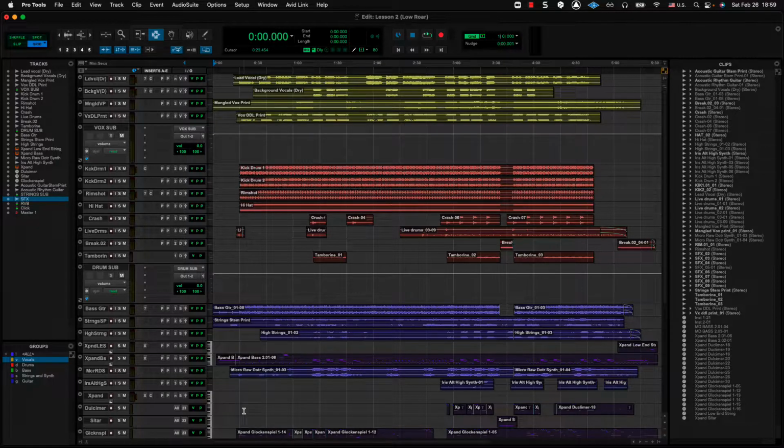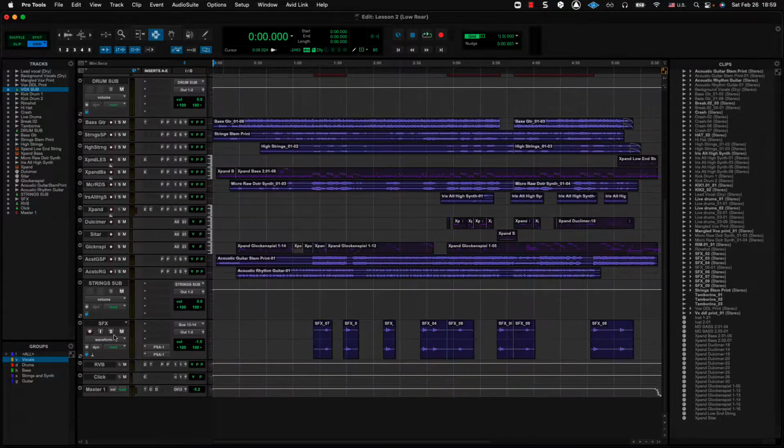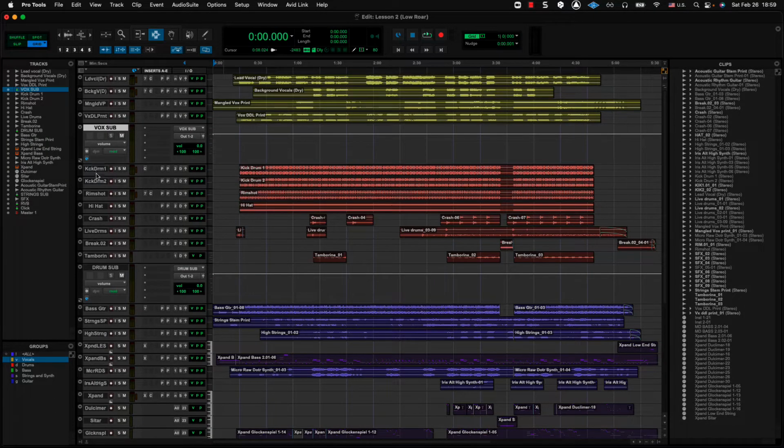In this scenario, the person was talking about drums. So let's assume, because this happens all the time, that I'm going to send a session over to somebody and I want them to work on the drums, but nothing else. And sending them everything else might not be appropriate. But let's say that I want to figure out a way to give them a stem of my vocals, just one single track in my session, a stem of my strings and a stem of my effects, and then I want to give them all of the drum tracks with the drum sub. And so they can do the work on the drums, but they can hear everything else in context. Does that make sense?